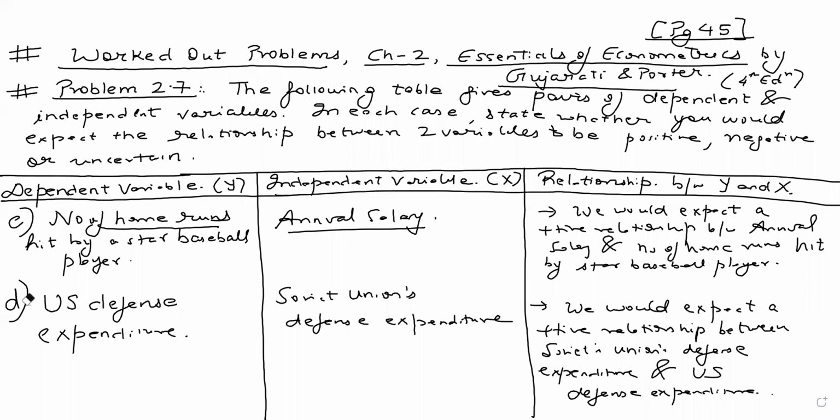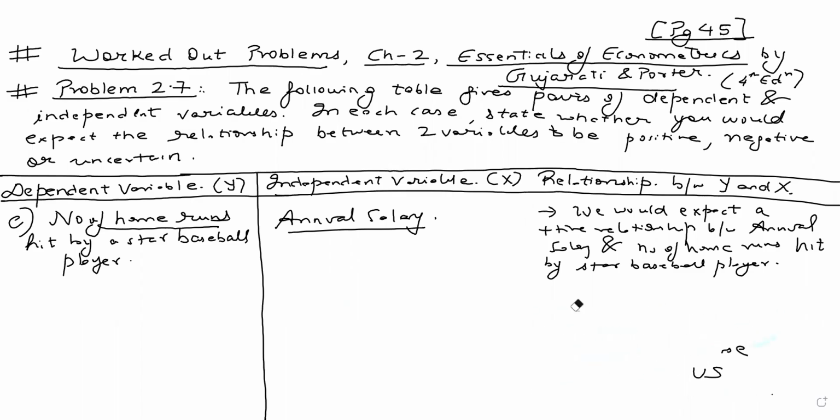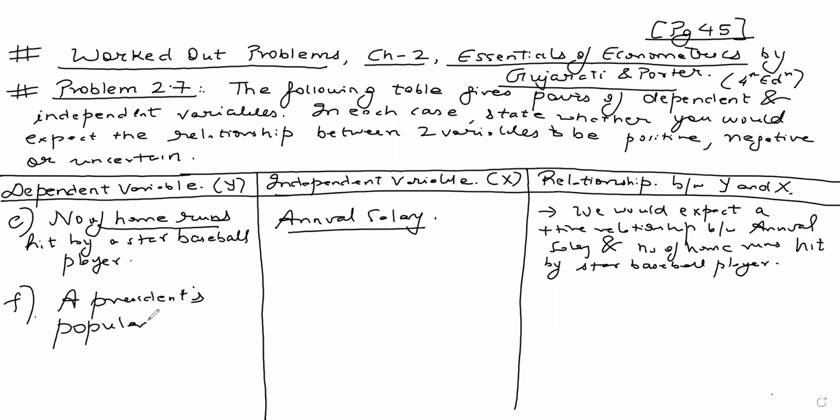Okay. So let's look at part F. Let us see what part F is telling us. In part F, we have a president's popularity and length of stay in office. Now, there are many ways in which you can think about it. It's a political based question. So we can also say that the longer you stay in office, now if you're doing good, so this question is basically normative in terms of judging whether the relationship should be positive or negative. If you stay in office for a longer tenure and your good activities are being